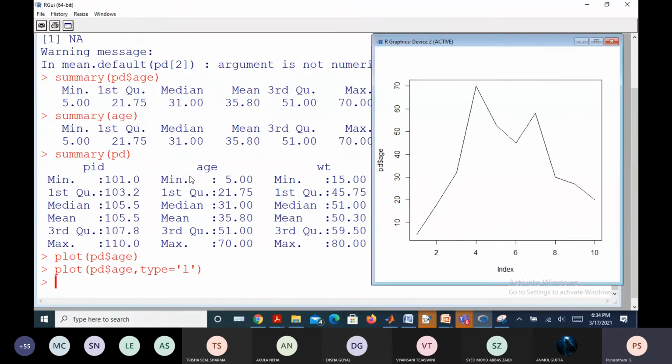Is it coming like this? Yes, sir. What is the difference you notice now between the previous graph and the present graph? So it's not discrete. It is also discrete. Why is it not discrete? The data is discrete only, right? But the points are joined by line segments, right? Yes, sir. This is one point you have, another point is here. So these two successive points are joined by a line segment, isn't it?